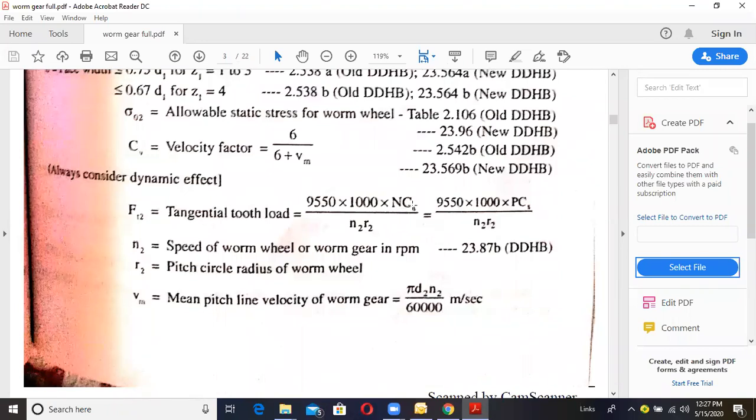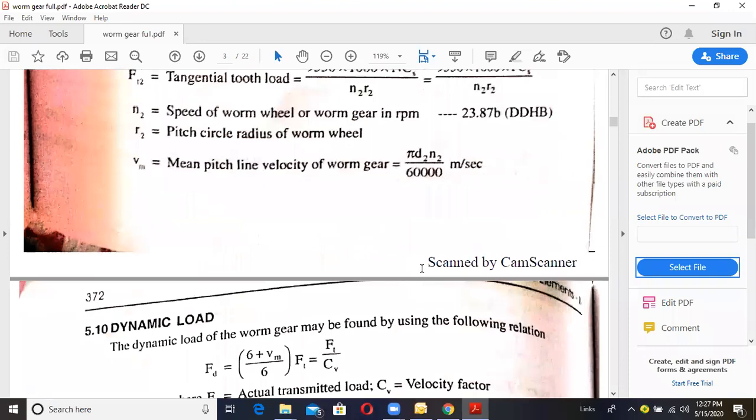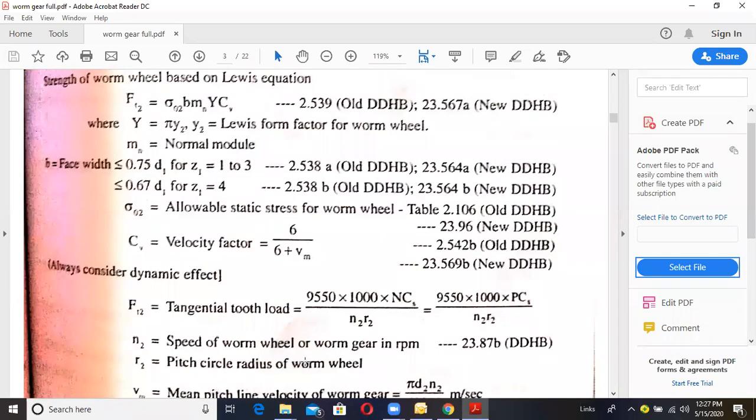Cs is the service factor, N is the speed of the gear, R is the radius of the worm wheel, and velocity can be calculated by using the formula pi D2 N2 divided by 60,000. So these are the two formulas for the calculation of tangential load by using Levy's equation